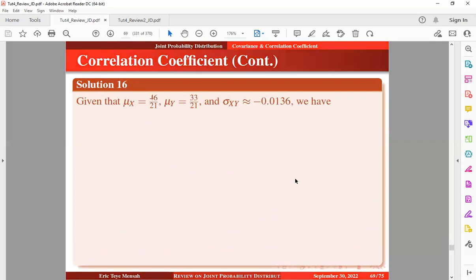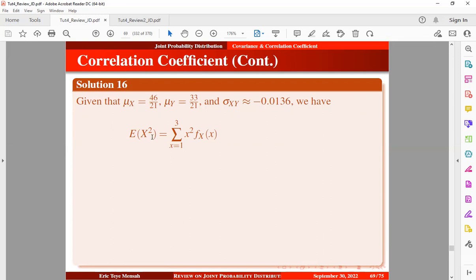So we are given this, you already know this from example 14, and you also know the covariance, okay? So now I want to find the mean, the variance of x and the variance for y, or the standard deviation for y. So let's start with how you obtain the variance or the standard deviation for x. We have to first of all get